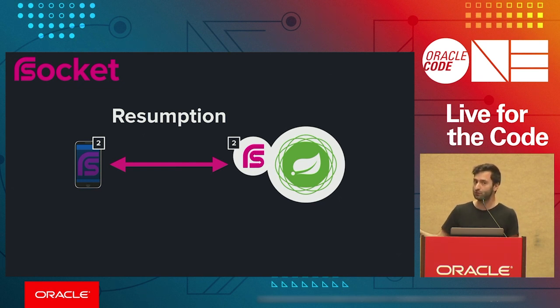But because the server told you only he has seen the message number 2, you have to restart from number 2. And that's at least once guaranteed delivery, because you will maybe send again the same message, but you have to do it because the server hasn't seen the message number 3. So we're sending again number 3, and that's great because now the server has actually received it, and on his side continue to track where it is.